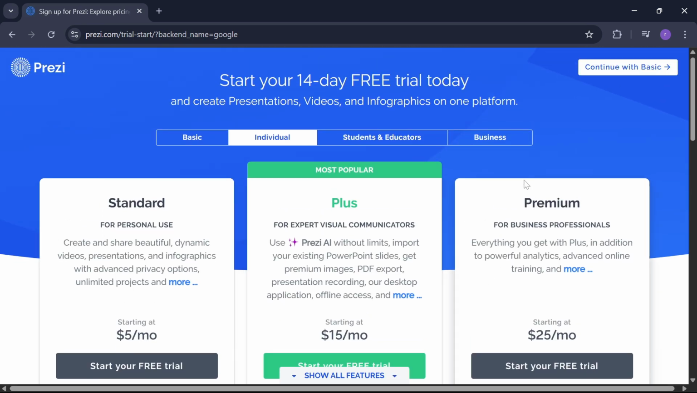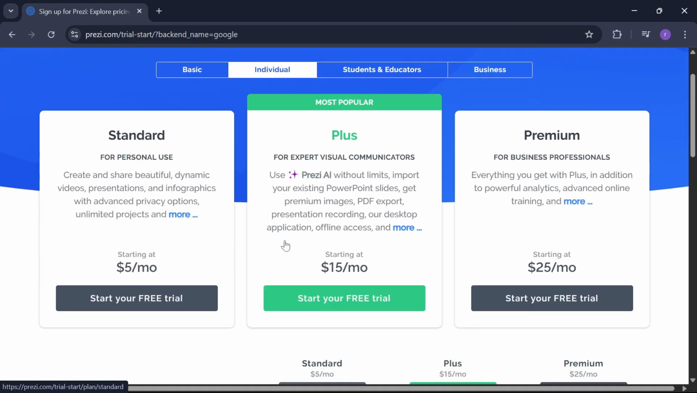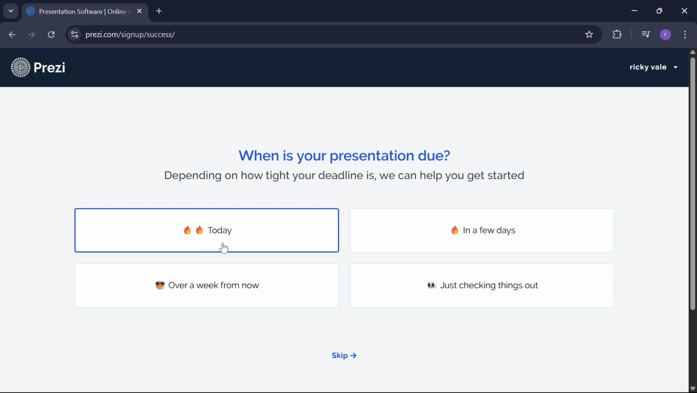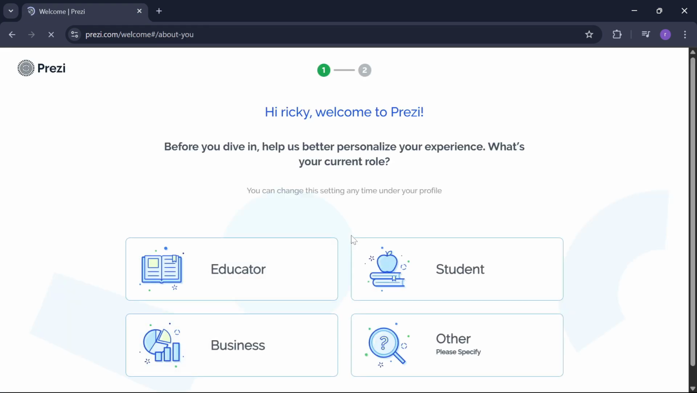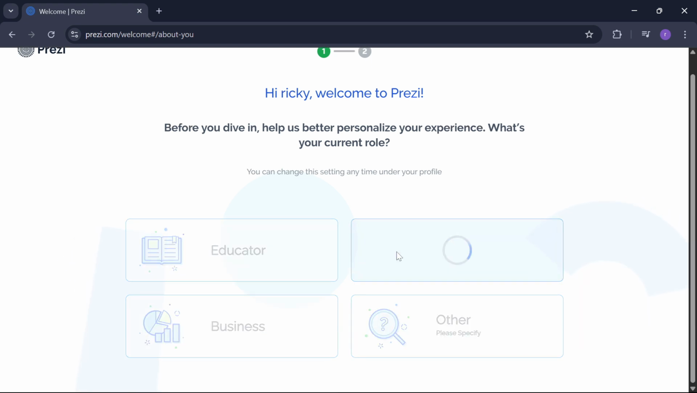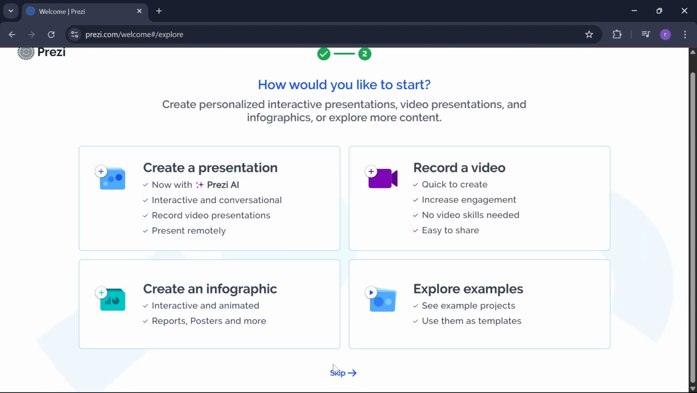And here, as you can see, we will just go with the continue with basic option. And when is your presentation due? Just checking things out, I'll select skip this part. And hi Ricky, welcome to Prezi. Before you dive in, help us better personalize your experience. What's your current role? My current role, I'll go with student. And after that, we can see how you like to start. We'll just skip this part,